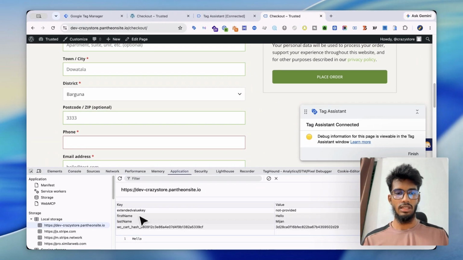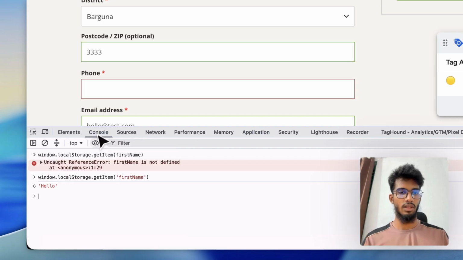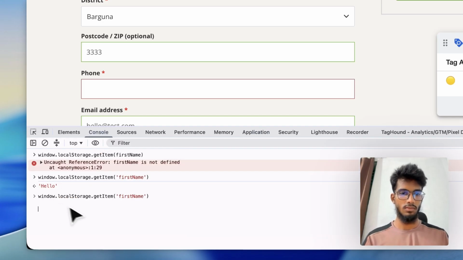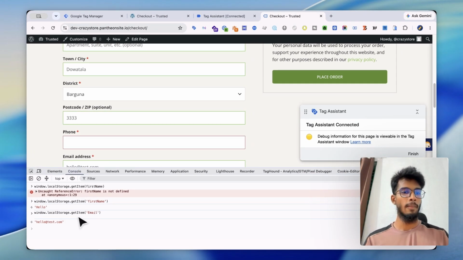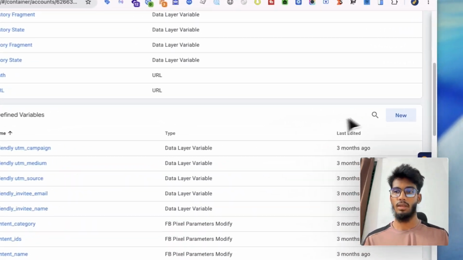And if I want to collect the email, then this is our email, right? So email, this is our email. Okay, so we need to go to the Google Tag Manager and new,